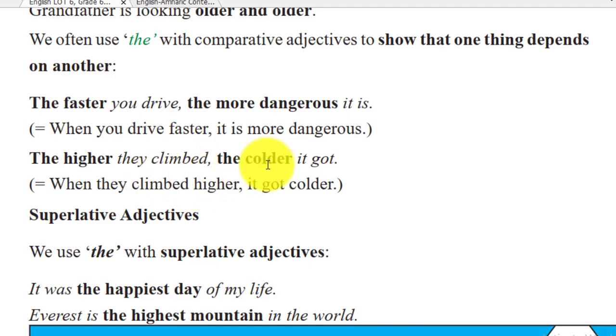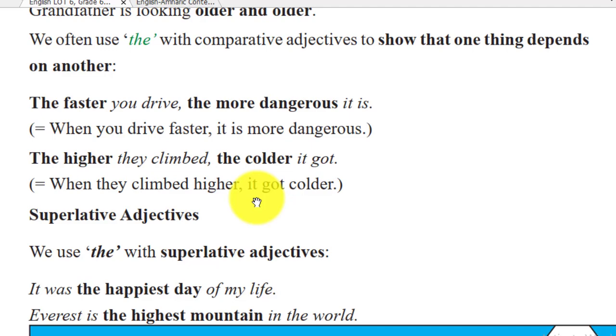በሚወጣ ጊዜ the colder it got ቀዝቃዜ እየጨመረ ይሄዳል ማለት ነው ወይም ቀዝቃዛ ይሆናል ማለት ነው when they climbed higher it got colder። ስለዚህ እዚህ ጋር አሁን the higher, the colder, the faster እና the more dangerous የሚሉት comparative adjectives ናቸው to show one thing depends on the other ነው አንዱ በአንዱ ላይ ዲፔንድ መሆኑን ለማሳየት ነው። ለምሳሌ the more you read the more you understand ይባላል አይደል, the more you read ብዙ ስታነብ the more you understand ብዙ ትረዳለህ።